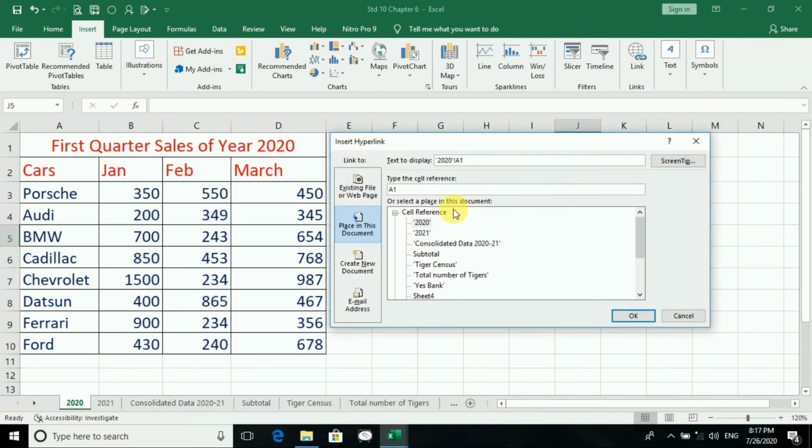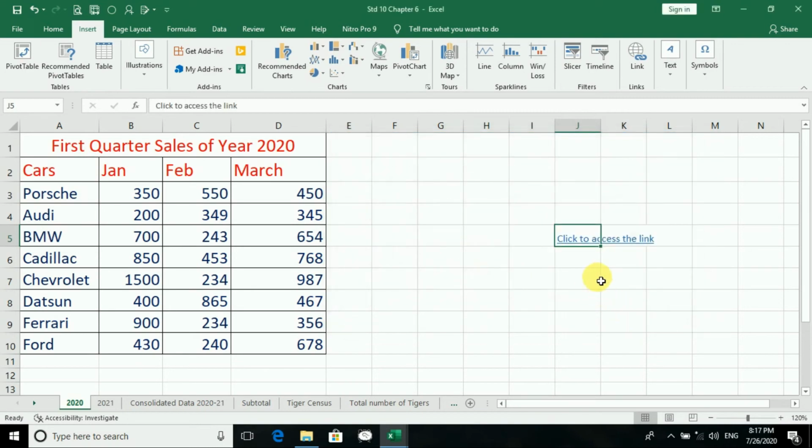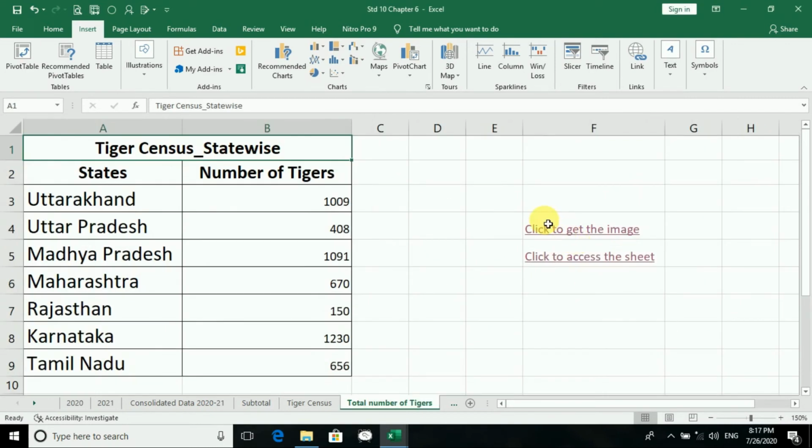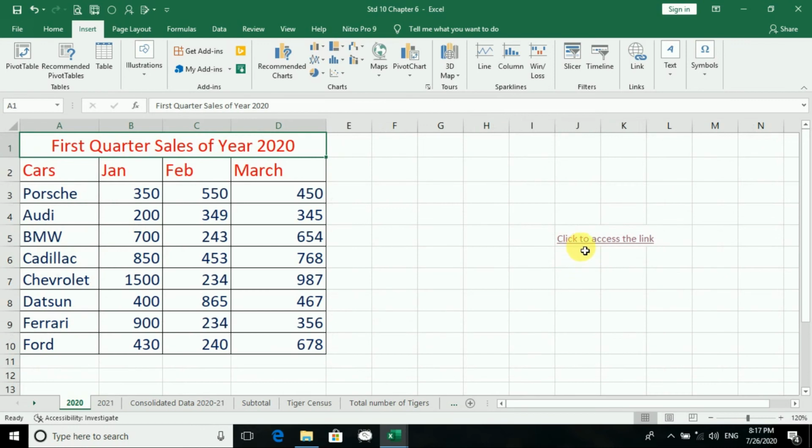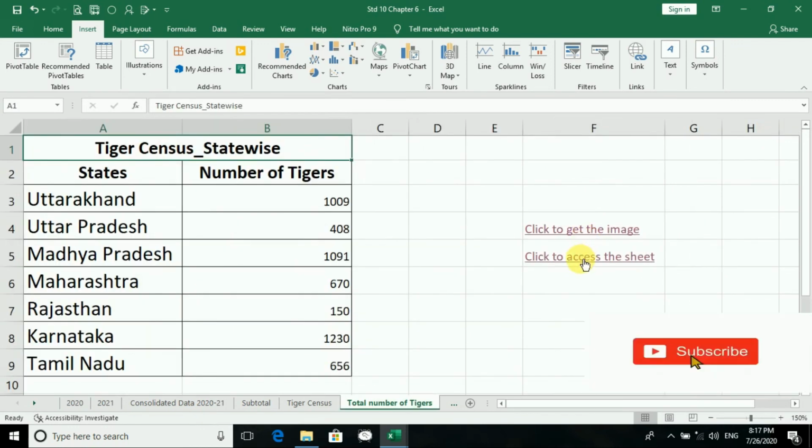Link. Place, now total number of tigers. Click on it. You can see here this is magical. Yes, we can create the linking.